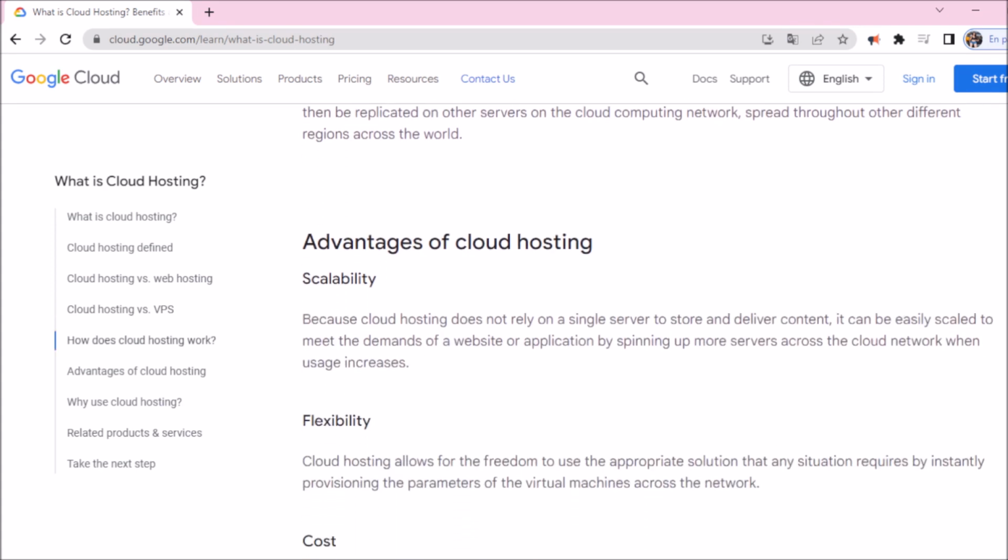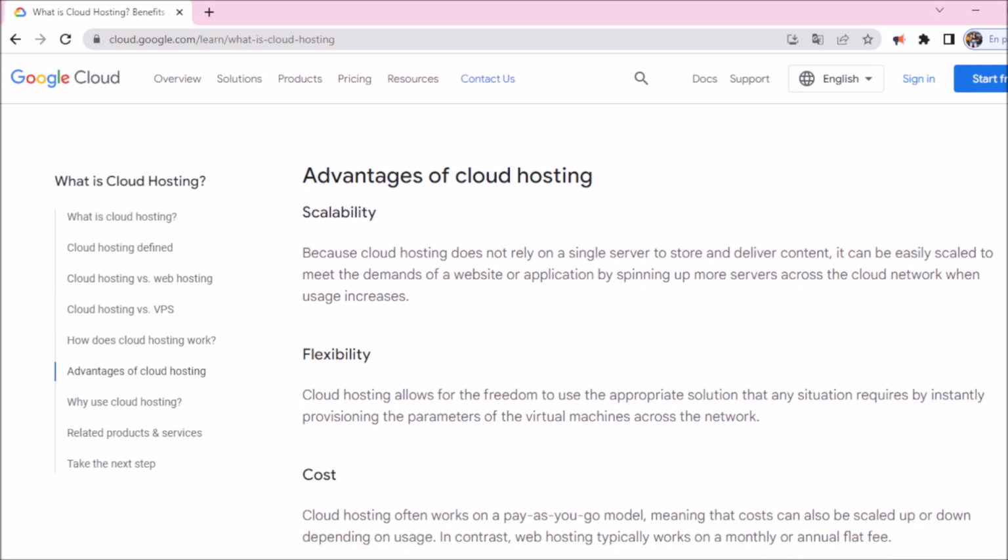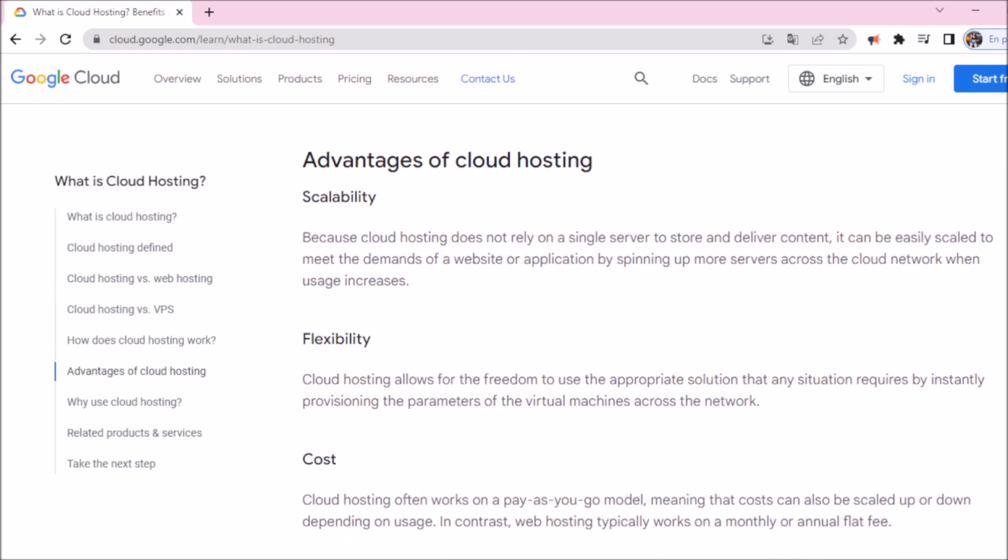Advantages of cloud hosting. Scalability. Because cloud hosting does not rely on a single server to store and deliver content, it can be easily scaled to meet the demands of a website or application by spinning up more servers across the cloud network when usage increases. Flexibility.